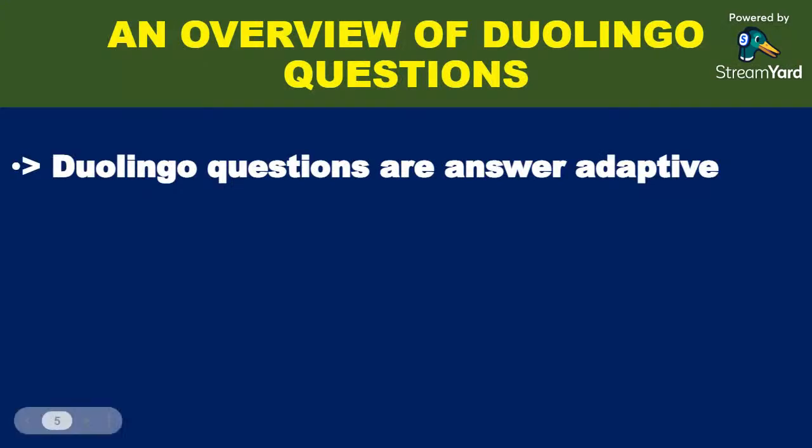Now, let's look at an overview of Duolingo questions. First of all, Duolingo questions are answer adaptive. This means that, number one, the questions are generated at random. All right? Because you take the tests on a computer adaptive mode of delivery. What this means is that the questions are generated digitally, and